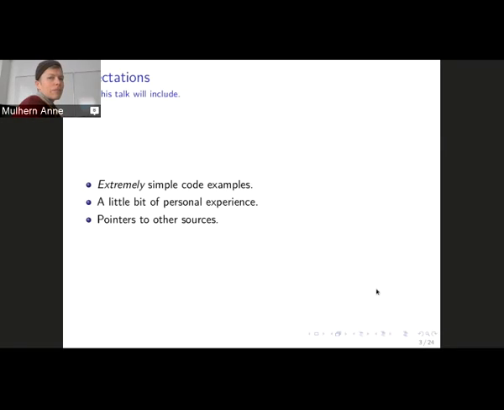Okay, what you should expect to see are extremely simple code examples. The reason for that is partly because if I showed you a clever bug, everybody would try to figure out what it was, or at least that's what I always do when that comes up, and lose track of what I was trying to say. So the code examples are so extremely simple that they shouldn't distract you at all. And I'll mention that on the Hypothesis site, there are some tricky code examples that you can enjoy reading and seeing how Hypothesis finds the bugs in them.